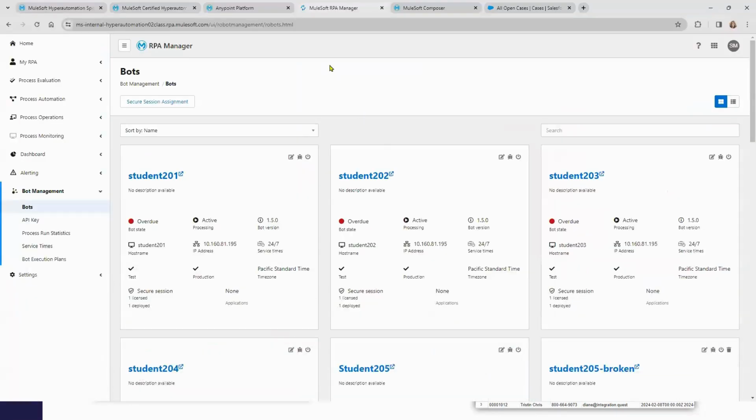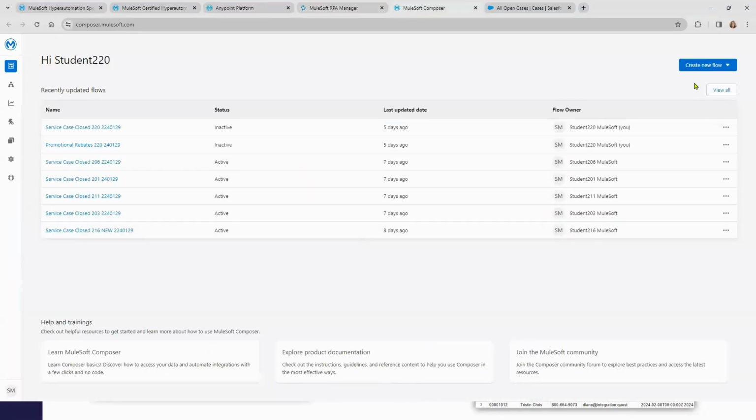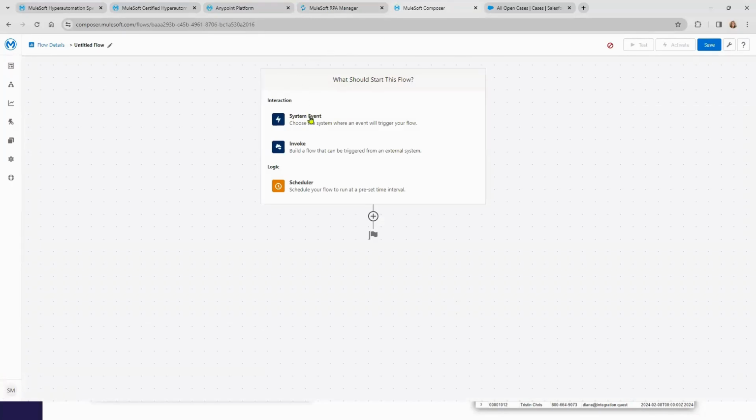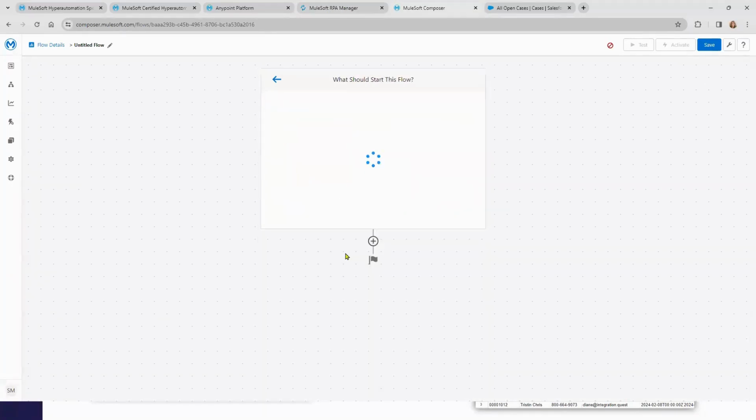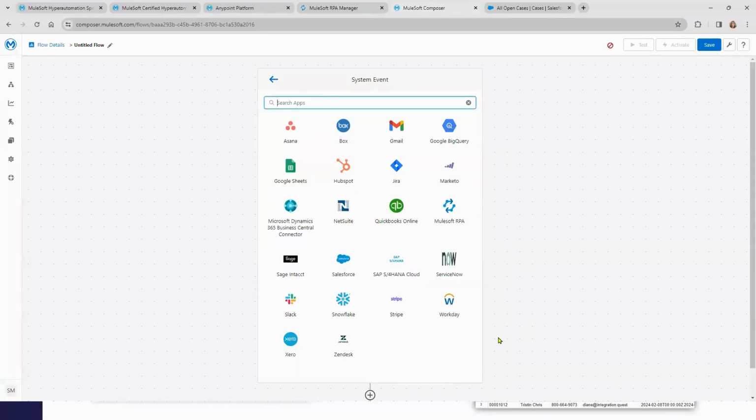So to take a look at what this looks like, as we go into Composer, we could go in and create a new flow. As we create a new flow, come on. It brings us into where we have a system event that starts. There are those connectors. Okay, Salesforce. You can start off with Salesforce. You create the organization. You could create multiple organizations. This is the one that allows you to create multiple connections to various Salesforce organizations. Or if you're doing the generic,